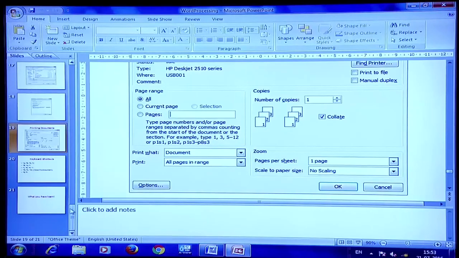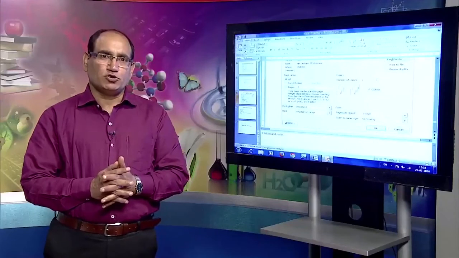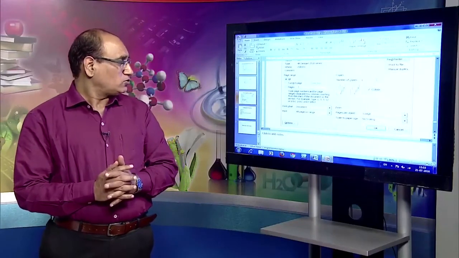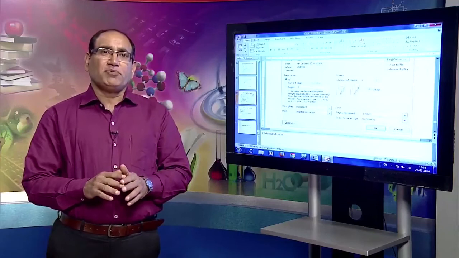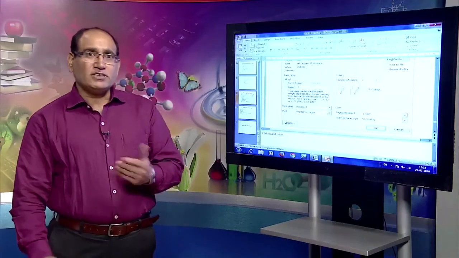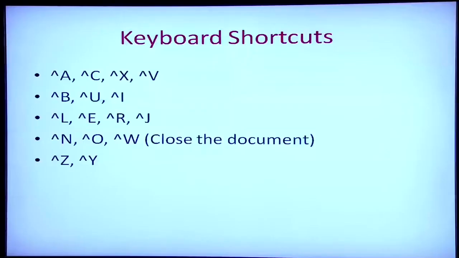So, this way we have seen that we can do many things with MS Word 2007, and for all these operations there are many shortcuts also. Now, let us see what those keyboard shortcuts are. Control A selects the complete document, the whole document, Control C is to copy, Control X is to cut, Control V is to paste, Control B, Control U, Control I make the selected portion of the document bold, underline, italics, then left alignment, center alignment, right alignment or justify.